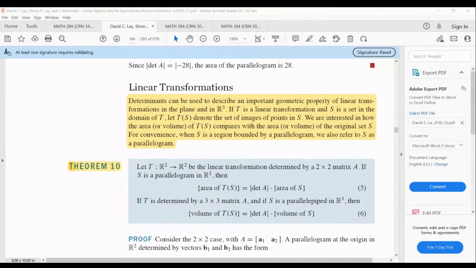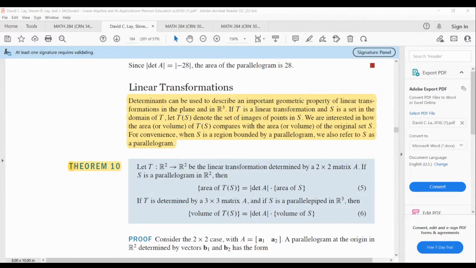Determinants can be used to describe an important geometric property of linear transformations on a plane and in R cubed. If T is a linear transformation and S is a set in the domain of T, let T of the set S be the set of images of points in S. We're interested in how the area or volume of the transformed object compares with the area or volume of the original set S. So they have a theorem, theorem 10, that tells you